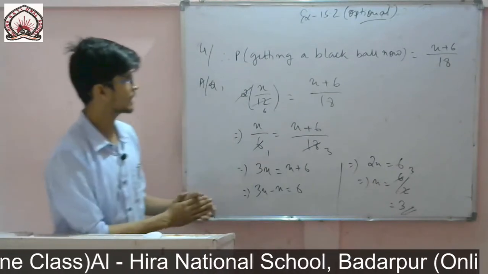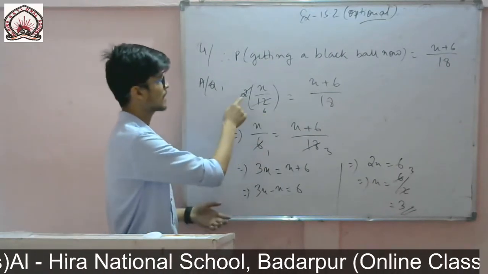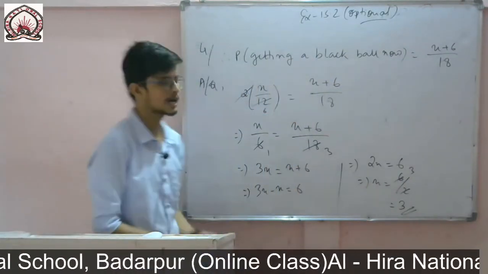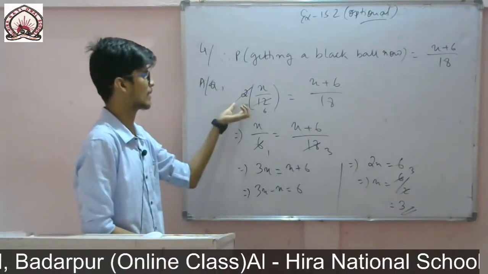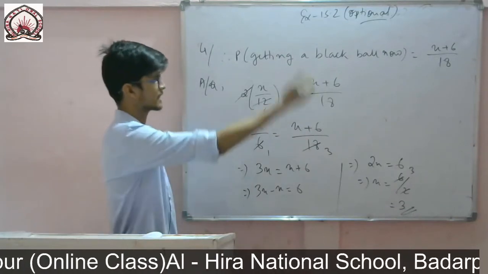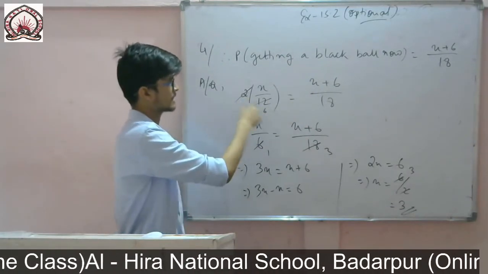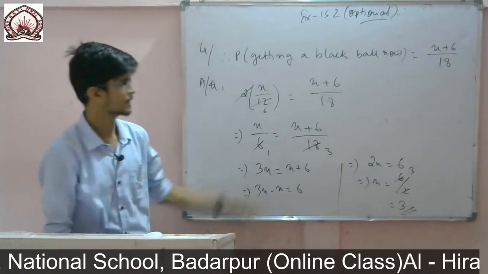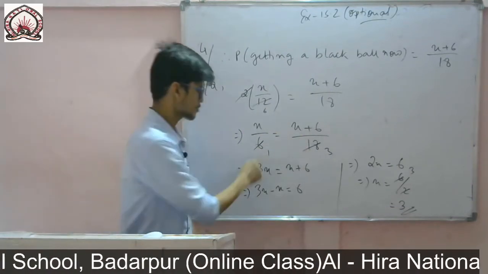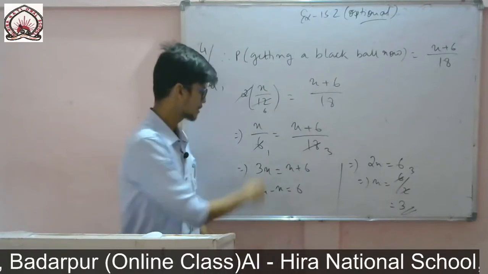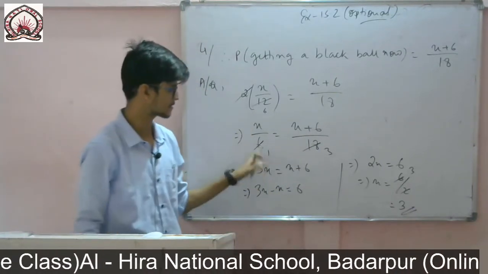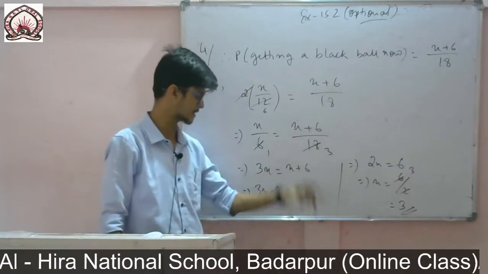Simply I have calculated this one. The condition is given like this, that the new probability will be the double of the earlier one. So earlier it was x by 12. I have simply given 2 since it is the double. So with 2 I can cancel this one. 2 into x by 12. So 2 6s are 12. X by 6 equals x plus 6 by 18. So 6 and 18 I can cancel. 6 1s are 6, 6 3s are 18. There are 3 left. 3 into x is 3x. There is 1 left. 1 into x plus 6 is x plus 6.